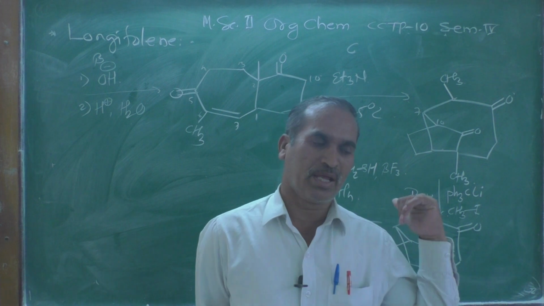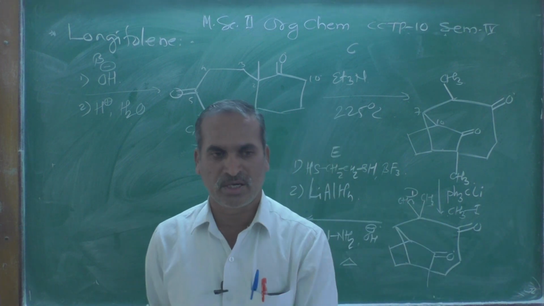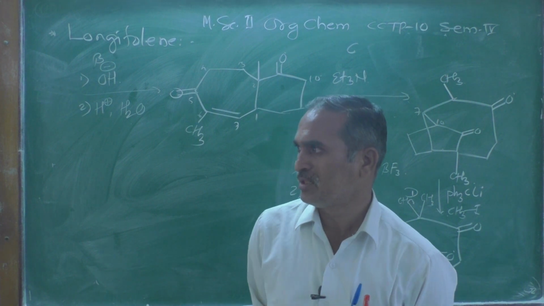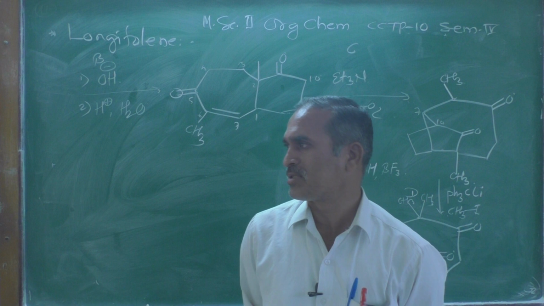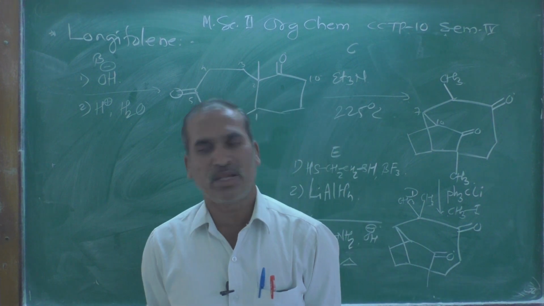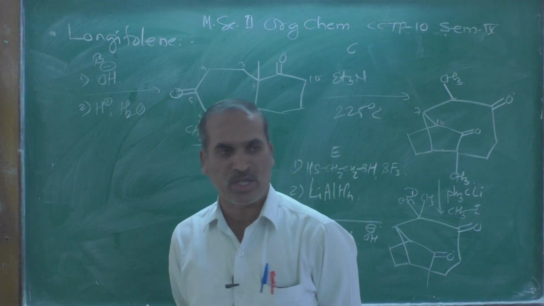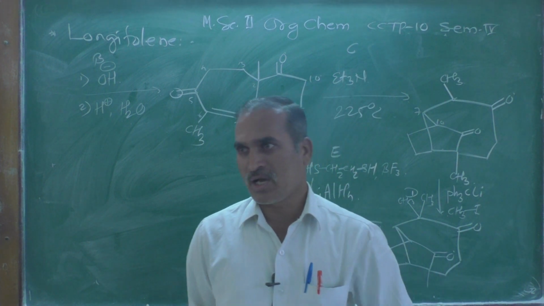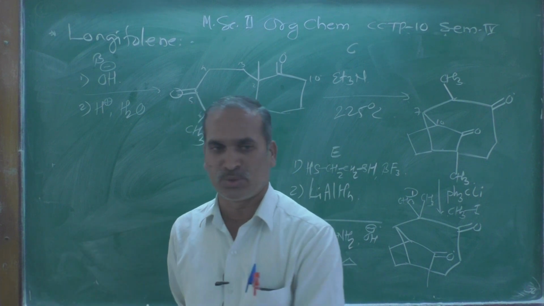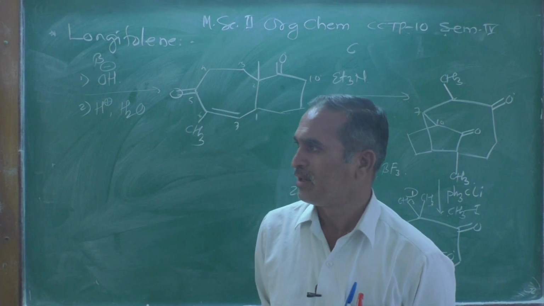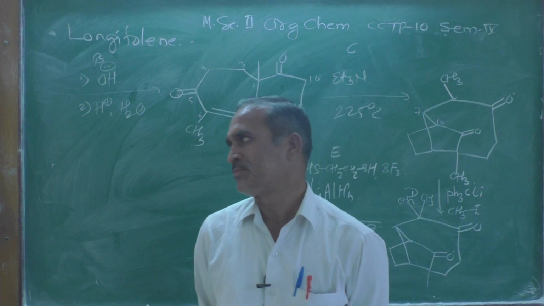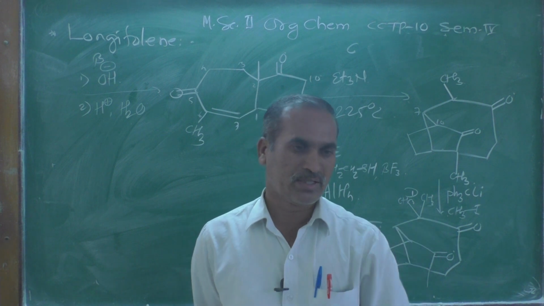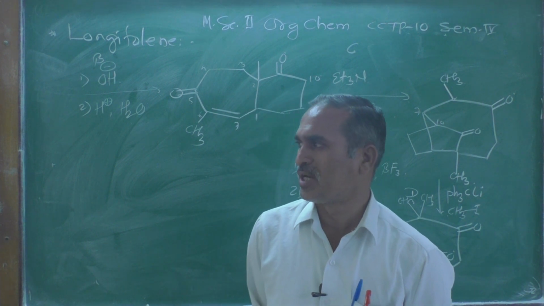In a basic medium, we have the Wolff-Kishner reduction, and the reagent used is hydrazine hydrate in presence of a base such as sodium hydroxide or maybe potassium hydroxide. The carbonyl group gets converted into a hydrocarbon, and in a neutral medium or neutral condition, one of the reagents used is